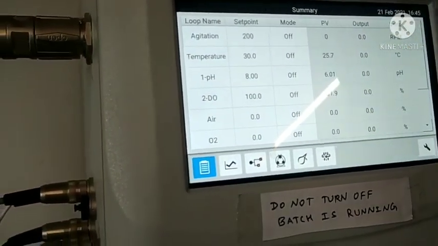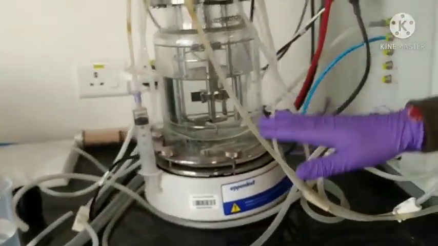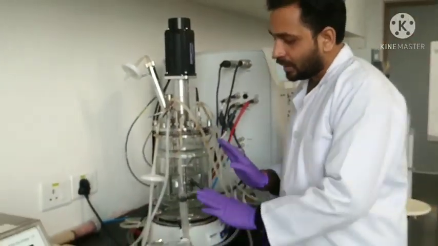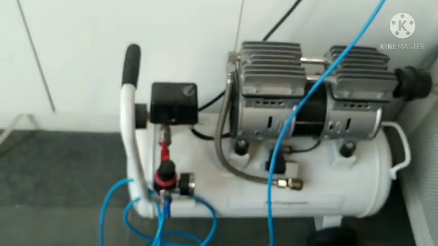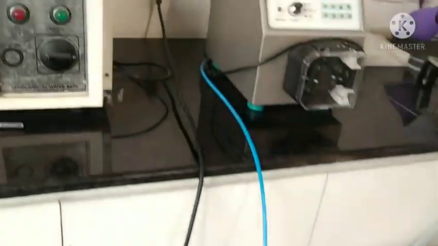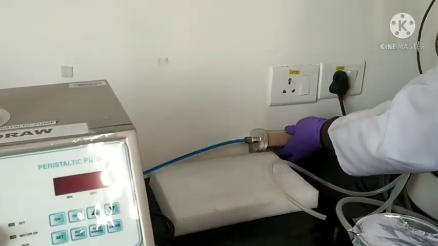You can run this as a batch fermenter for running any kind of batch with a working volume of up to 2 liters. For air supply, you can see there is an air compressor which is required to supply air by this line inside, going through a silica absorber, so that no volatile or liquid condensate goes inside.